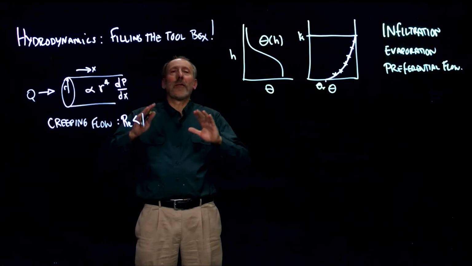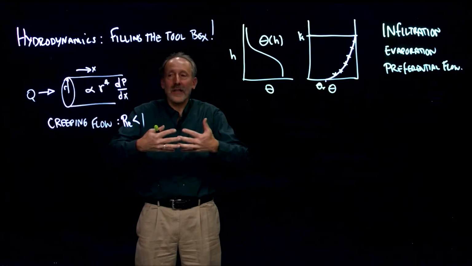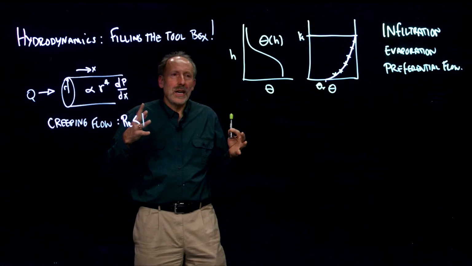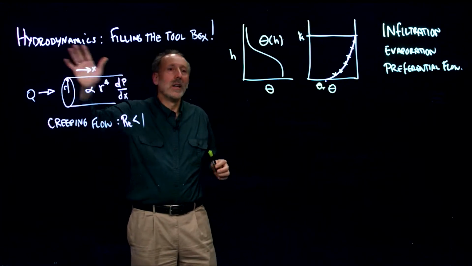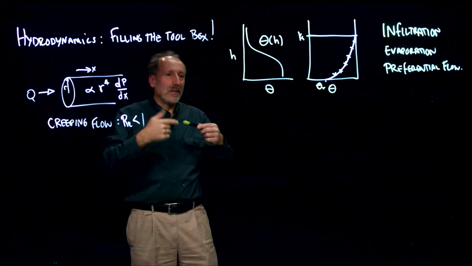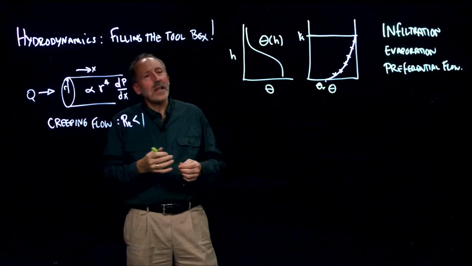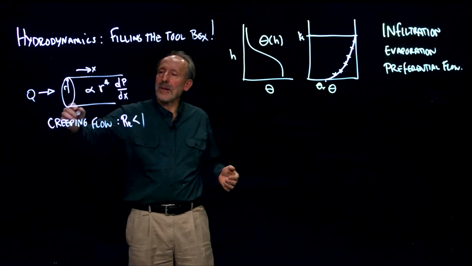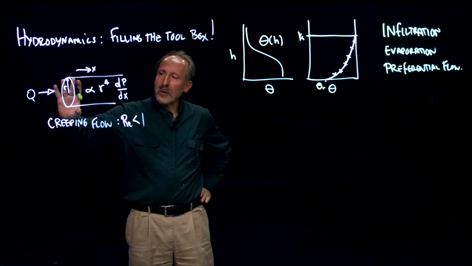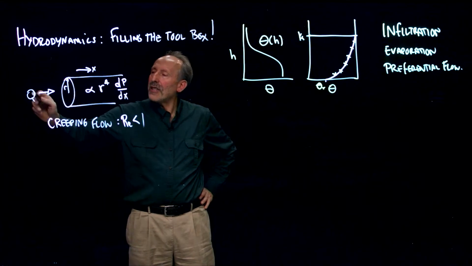I want to give you a framework for understanding what is going to be presented in Chapter 3. The way I think of Chapter 3 is as filling the toolbox, basically looking at the hydrodynamics of flow through porous media and laying out all the tools you need to predict flow through porous media and understand it. We start with a capillary tube, solving what's called the Poiseuille equation,